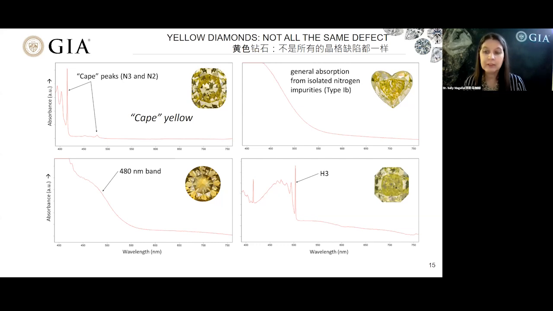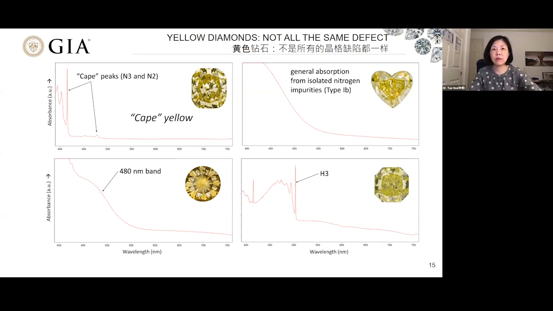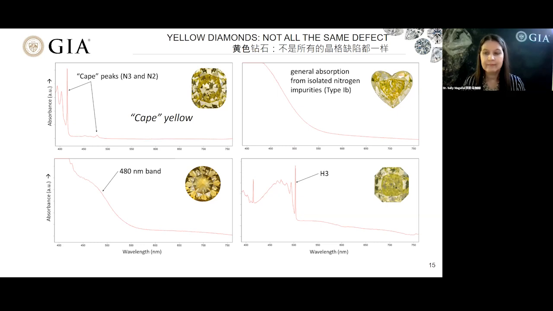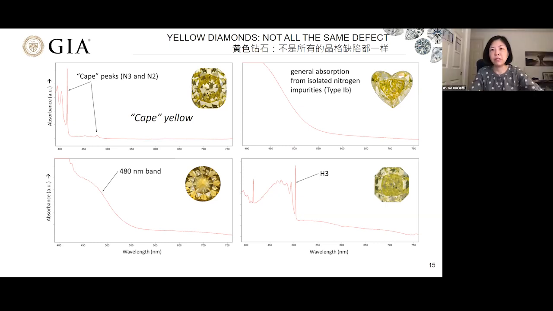The responsible defect absorbs in the ultraviolet, and we see the tail of that band within the visible. 下边一种比较常见的，是单独的一个氮原子取代一个碳原子，这种是1B型的钻石。您看它的谱线，越往蓝光、紫光那边去，吸收越高，剩下的就变成黄色。